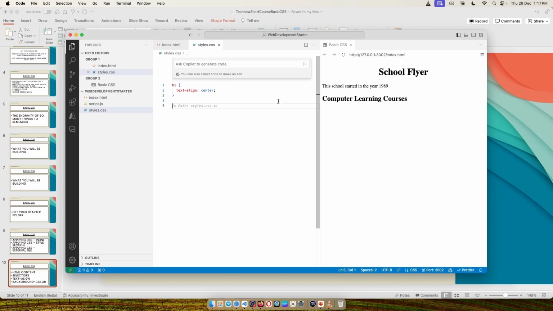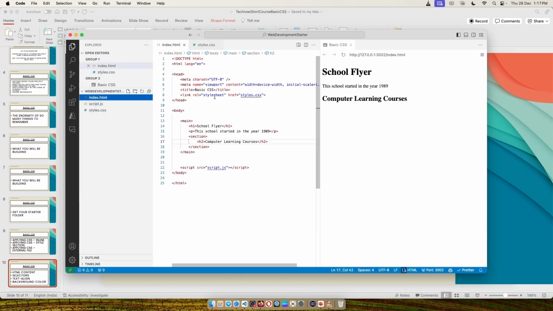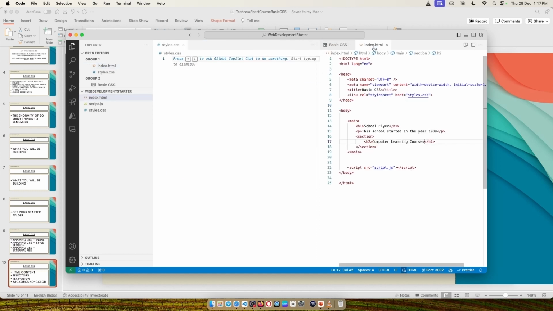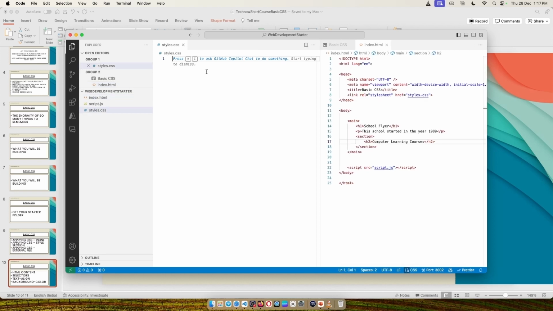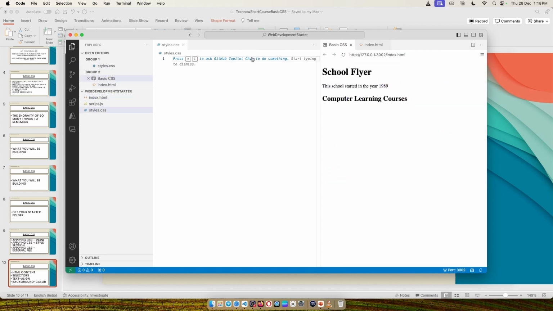When you're working, what I like to do is have HTML and CSS both visible. So I'll open the HTML file as well, but I'm going to push the HTML file to the other side. See, now I can look at the CSS file, and I can also look at the HTML file, so I can see both of them. Oh, for some reason, the CSS code went away. So let me type it again. So there you go, h1.